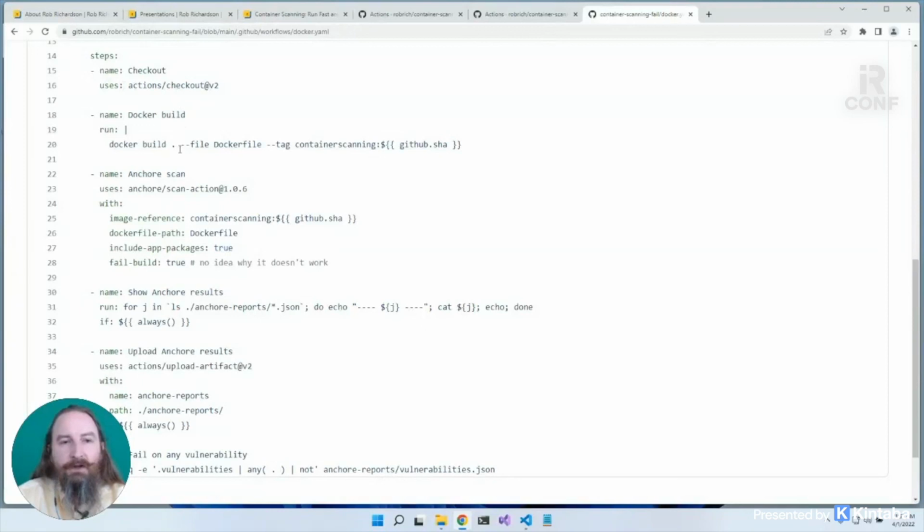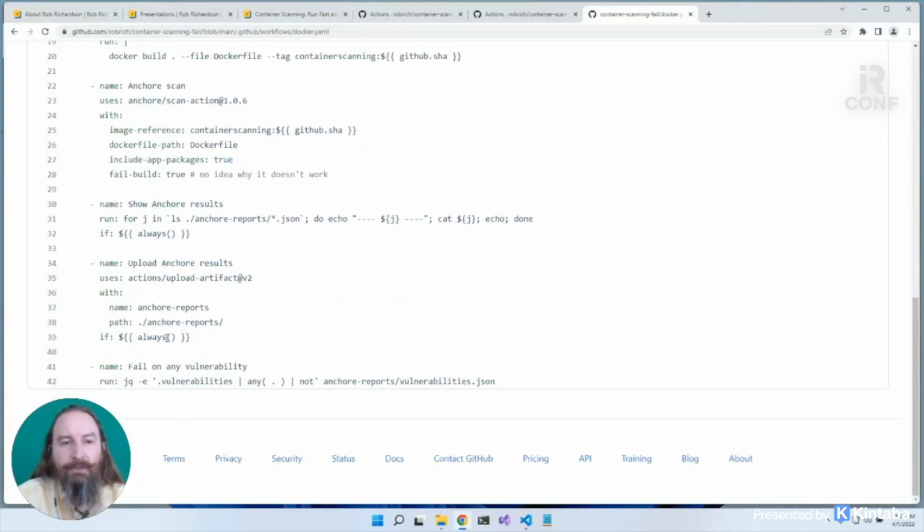Now, first off, I checked out my content and I built my image, as we would with anything. Next, I fire up the Anchore scan. Now, I'm not sure why fail build true doesn't actually fail the build, but that's okay. I probably didn't want to fail the build at this point anyway. So I'm going to go grab all of the contents and echo them to the build log. That can be kind of nice, maybe a smidge verbose, but I will also upload those as artifacts. So now I know the list of bill of materials for my container given this image hash,